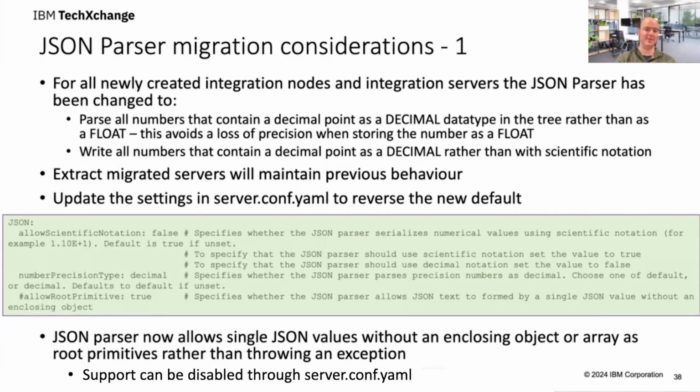And so again, there's a server conf YAML property that's now allows scientific notation that's set to false by default. You can swap that back to true and it will return to the old behavior. Migrated servers that are extract migrated, they'll come over with the old behavior, but all new stuff you create will have the new defaults. Final thing is the JSON parser now allows single JSON values without an enclosing object or